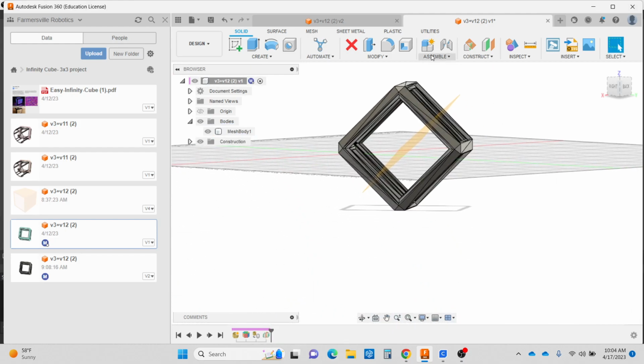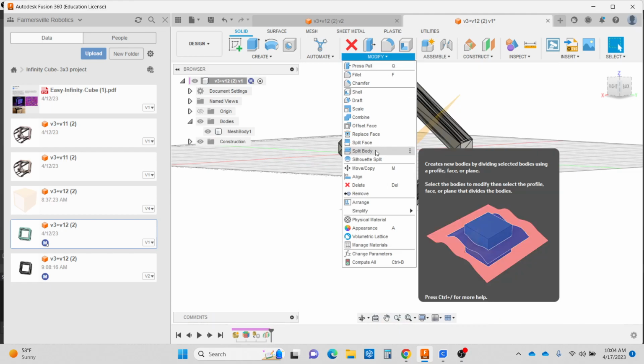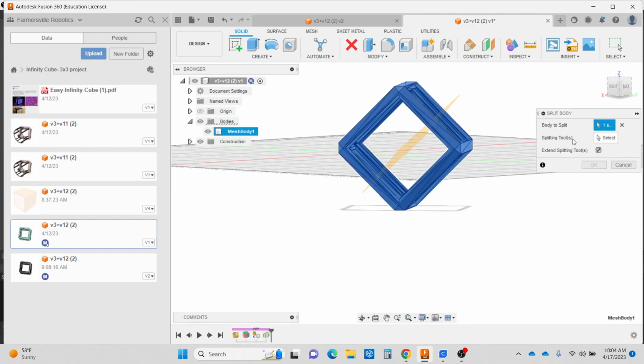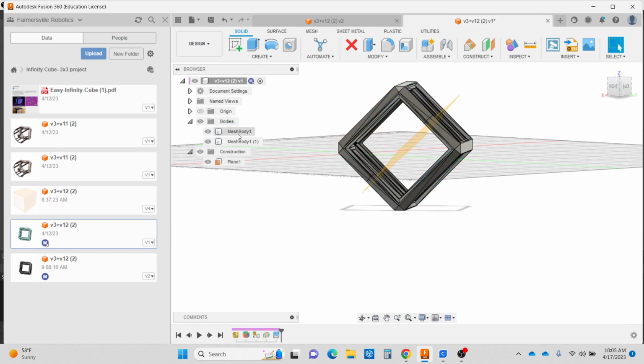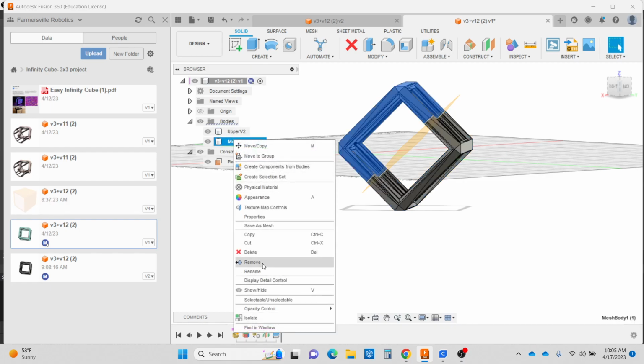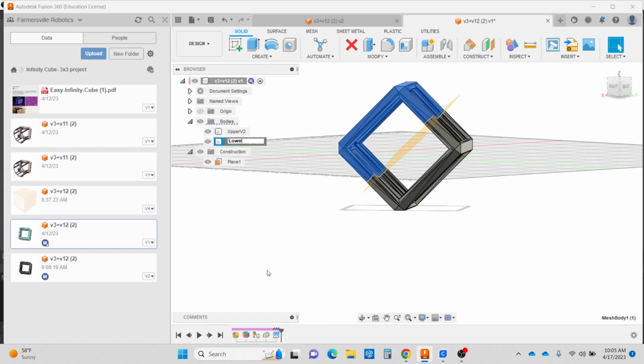All right. So now I'm going to split this using modify. Split body, what body? This one, what tool? I'm going to use that construction plane. If it's turned off, you won't see it. If it's turned on, you may have a lot of them, but anyway, turn it back on so you can actually use it. I hit OK, and now I've got a split. It's thinking about it, trying to cut it. So I've got mesh body 1. I'm going to rename that booger upper V2, and then I'm going to go lower